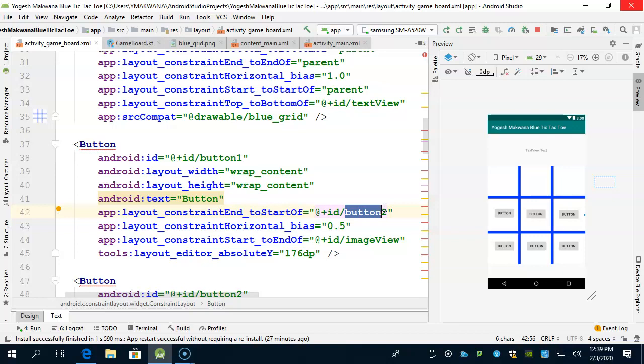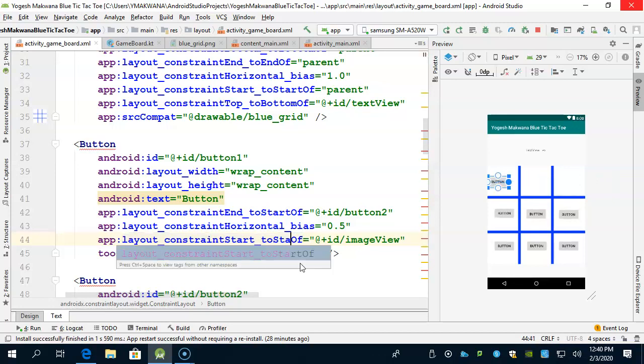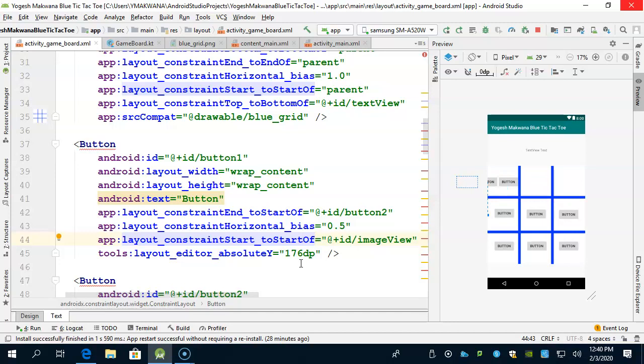Look at the next one. It is saying that the start of this button, button 1, is connected to the end of the image view, which is our problem. So the start of this button is connected to the end, meaning the whole thing has to be here. So you change that. You change that to start. Change the word end to start. Now the thing has moved, but it is still not right,